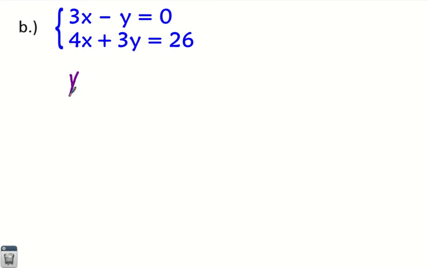Or in other words, just kind of reverse that. Y literally equals 3x. So now I know what y equals, and I can plug it into the other equation. I can replace that y with a 3x. So I'm going to do that. 4x plus 3 times 3x